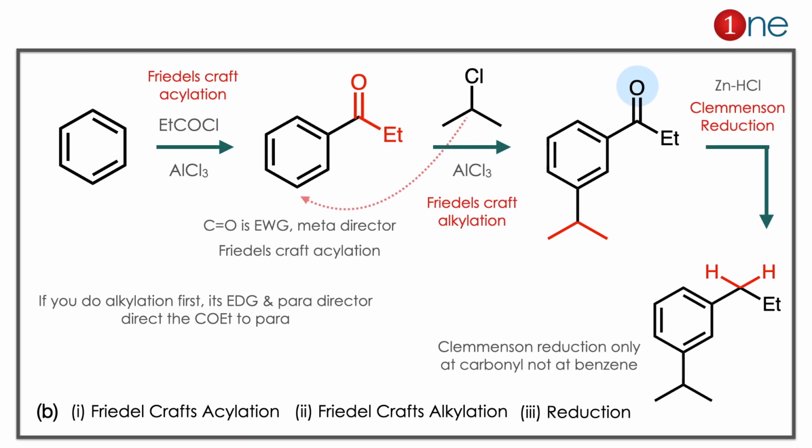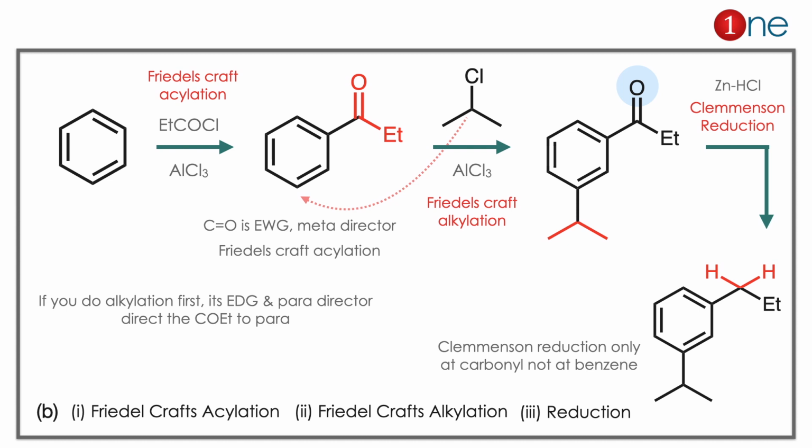The starting material you are having is benzene, so you might have the possibility of acylation first because you have the product at the meta position. Because acylation involves an acyl group. The acyl group directs to the meta position because it is an electron withdrawing group. So the first step, acylation, happened. You have a C=O bond attached to the ring there. So it's an electron withdrawing group. It directs any incoming group to the meta position.